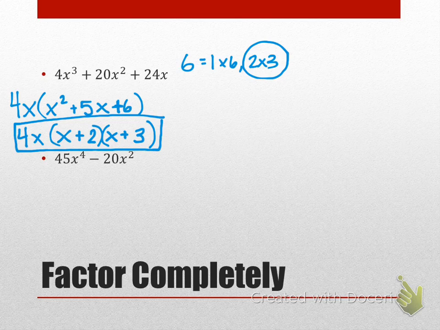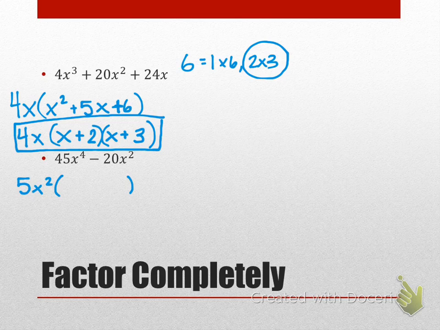All right, let's do this last one. 45 and 20. What's the greatest common factor, Sydney? 5. This one has x to the 4th, and this one has x squared. So how many x's can I take out, Noah? 2. Very good. So I write x squared. Now I need to rewrite what's in